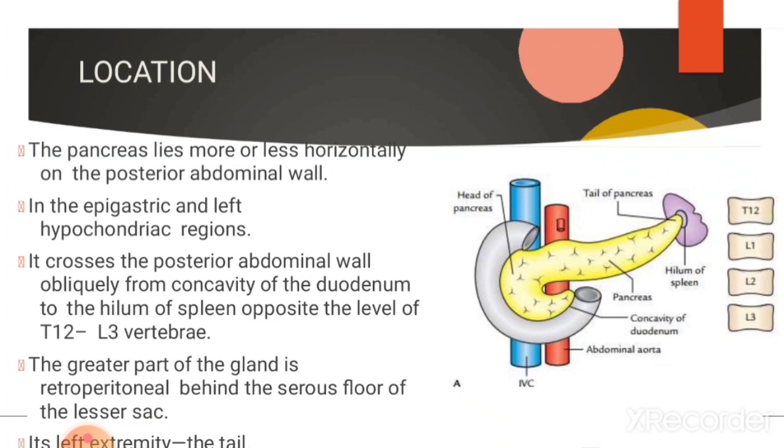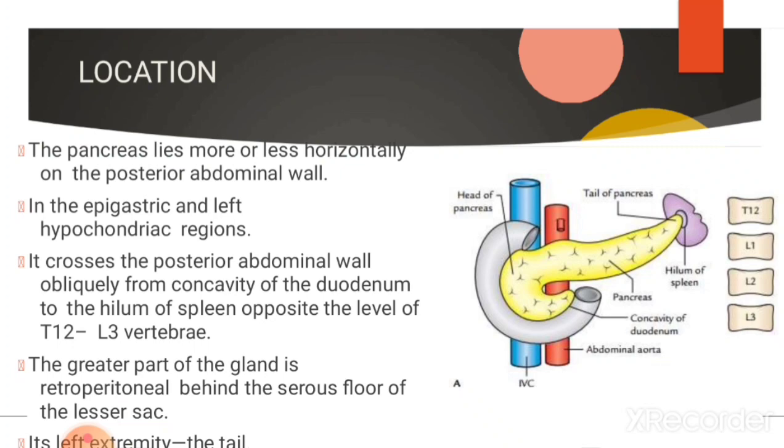the posterior abdominal wall in the epigastric and left hypochondriac regions. The epigastric and the left hypochondriac regions are regions of the abdomen, and it crosses the posterior abdominal wall obliquely from the concavity of the duodenum to the hilum of the spleen. It lies opposite the level of T12 to L3 vertebrae, as indicated in the diagram on the side. This is the vertebral level, and the greater part of the gland is retroperitoneal, that is,